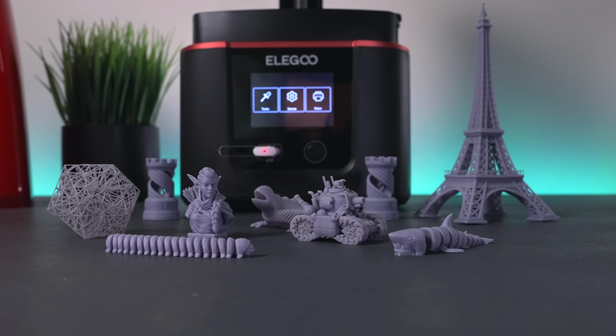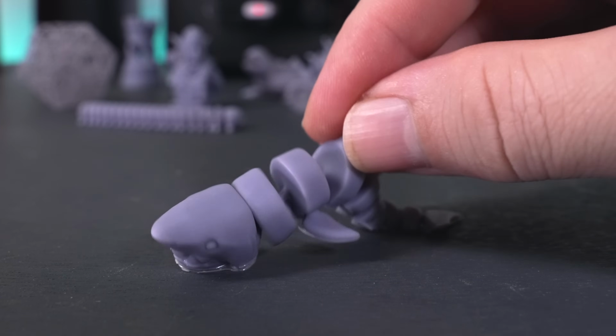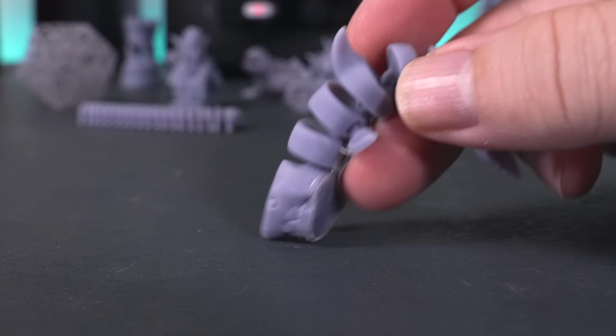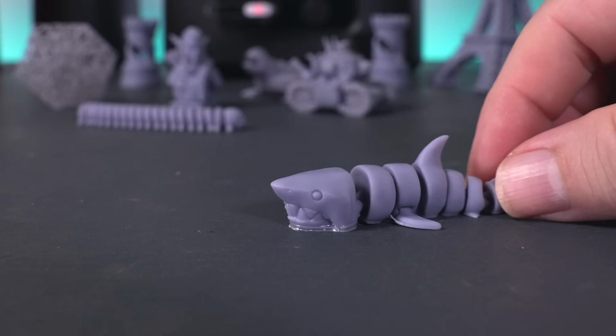All right, so we're gonna attempt here to go miniature, and we'll start with this little shark here. So this turned out okay. It is a flexible print. As you can see, there's pieces to it. They did all print out, and they're flexible. Now, because of the nature of this print and prying it off the bed, I did break a few pieces here and there, one of the fins there, the tail, but overall I did get it out, and it did turn